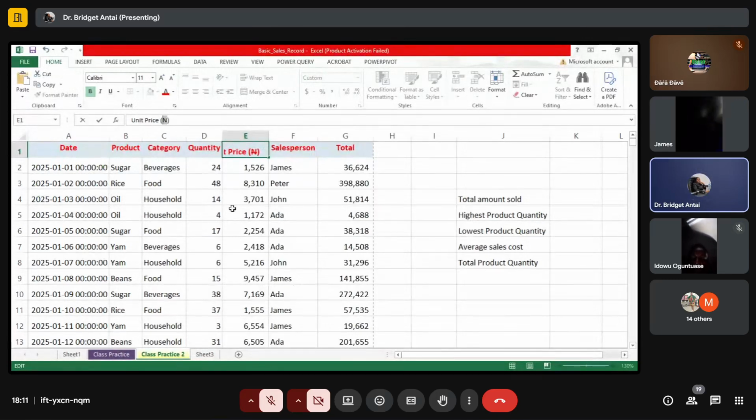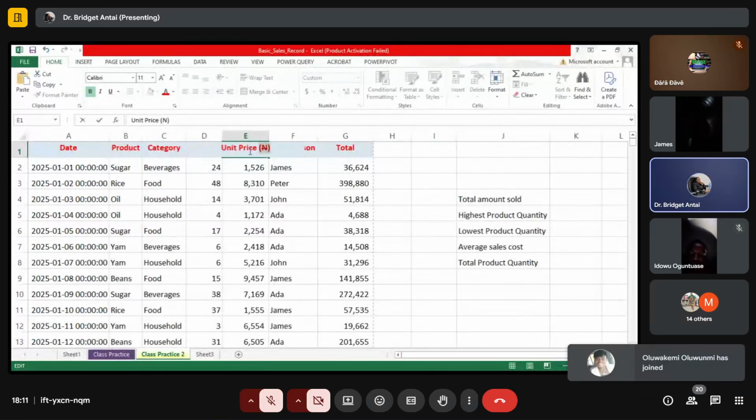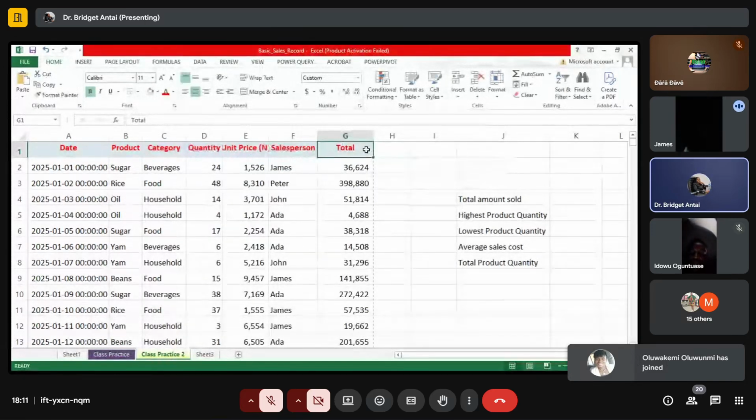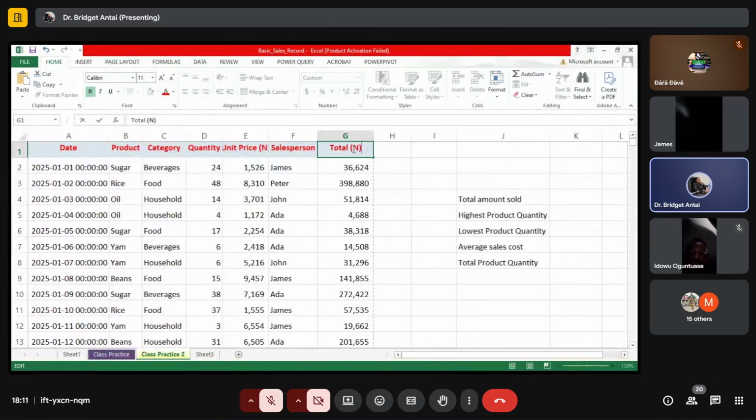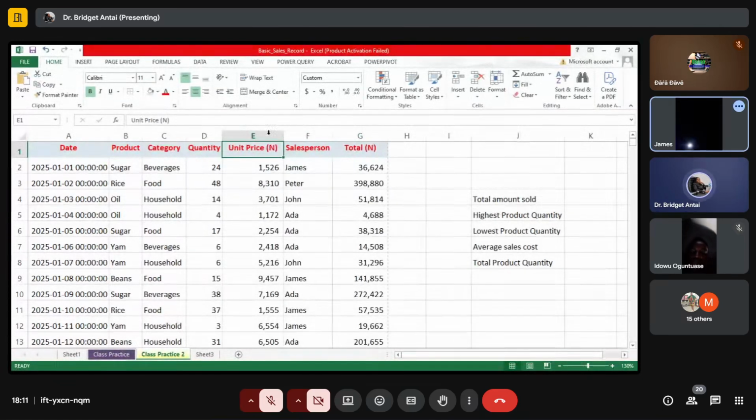All right, good. So that is the naira symbol. I can copy the same naira symbol, Control C to copy it, and put the same in the total. Put the same in total. Okay, so that's about that. Let me open that column there. So you can see, it's usually good to indicate the currency for your value. So if you are in Nigeria,